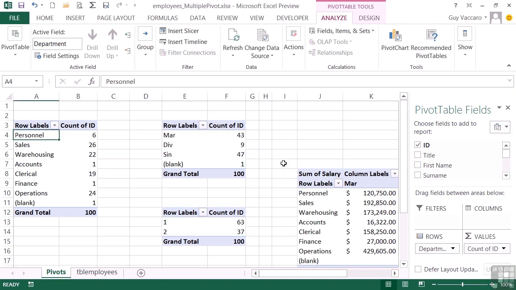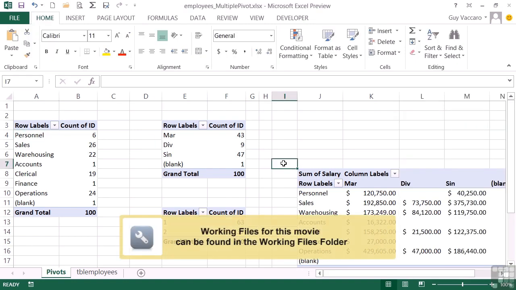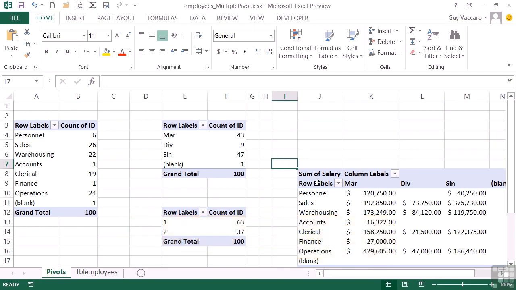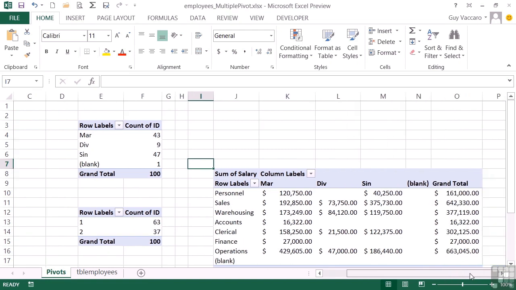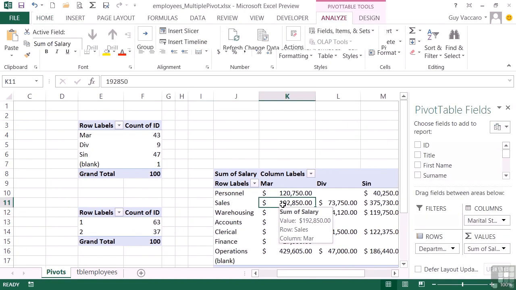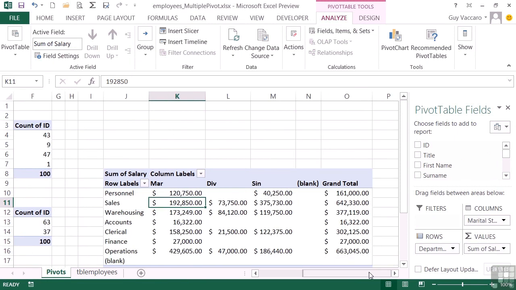We're going to use the employees multiple pivot file. A couple of extra options here that are worth noting. The first of those is what to do when there are effectively null returns. So in this little pivot table here, we click in, we can see that sometimes there are no values. For example, there are no divorced people in personnel, so there's no total salary, but the field shows as empty. What we'd quite like is for there to be a 0 in there, so effectively a 0 return for empty